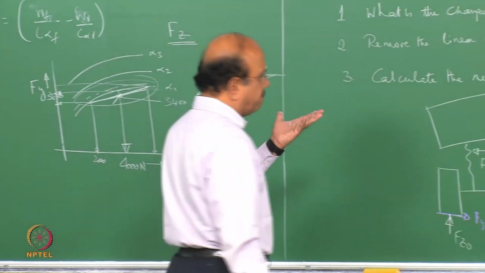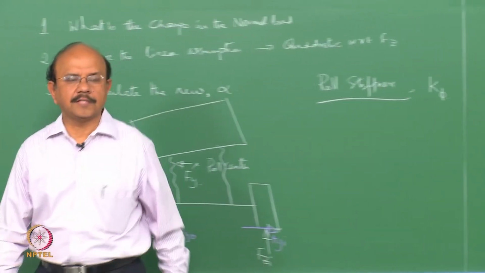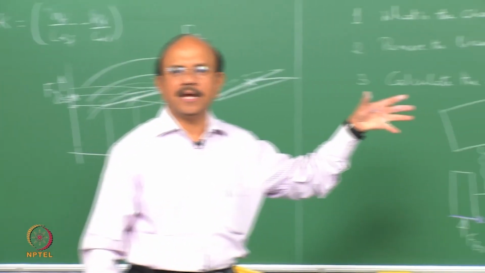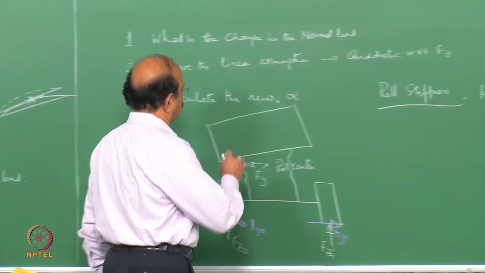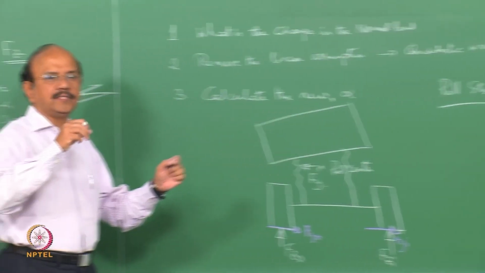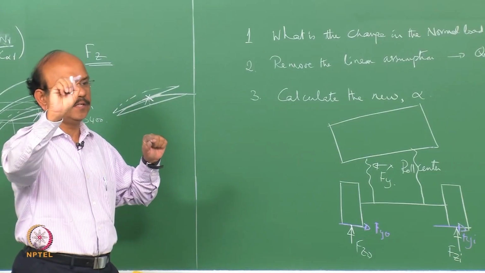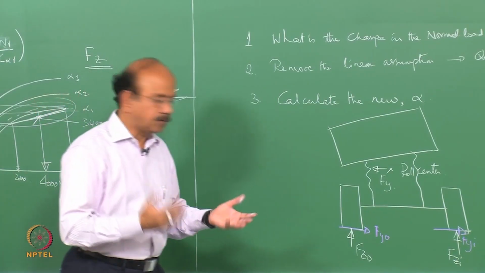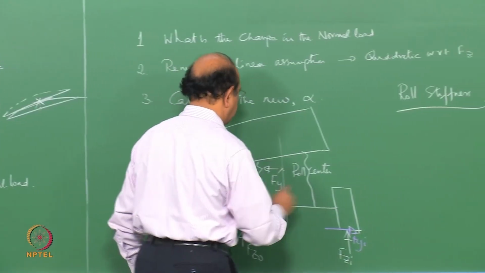As the name indicates, it has everything to do with roll. So it relates the moment that acts to the angle of roll phi. Now we will talk more about this roll center. Right now we will say that there is a front roll center, rear roll center, and they join, and what results is the roll axis, about which this roll takes place. So let's say that this is S,